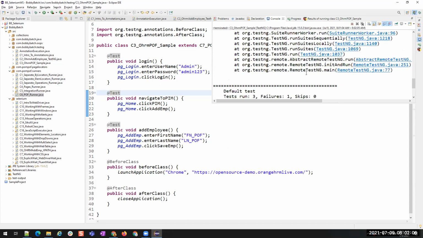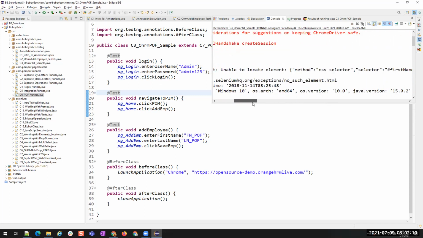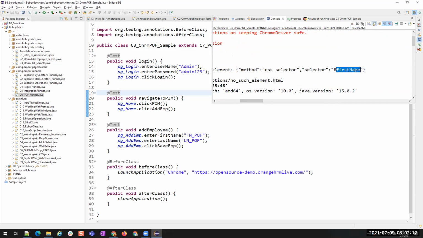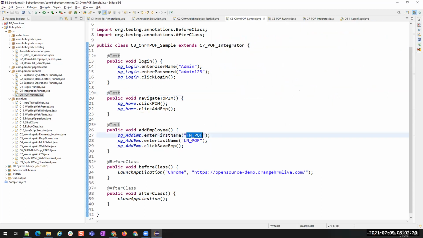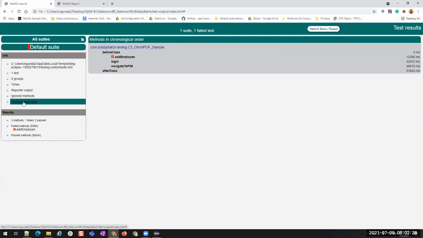Now you see there is an exception which says unable to locate first name. First, we have to enter a username and then we have to navigate to PIM and then enter first name. But why is it directly finding this first name? Okay, let us go and see the chronological order of execution of this.